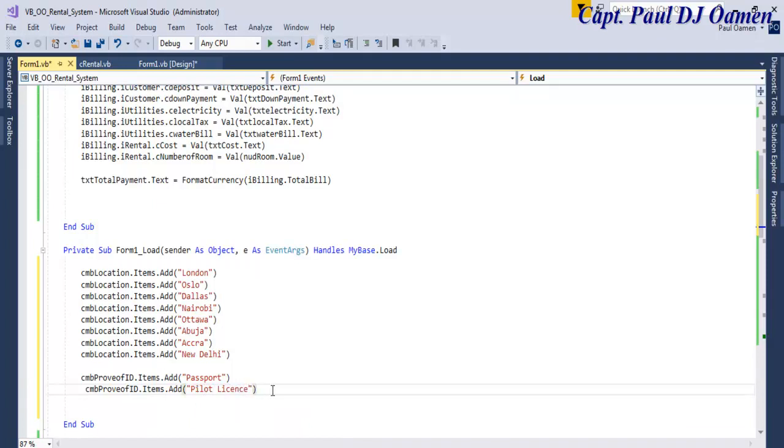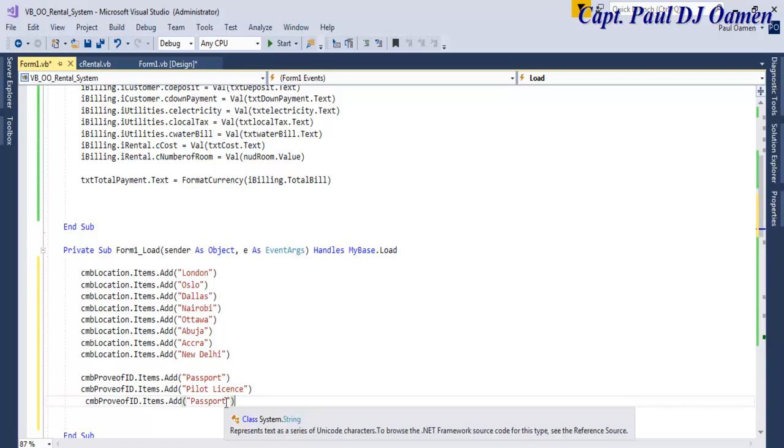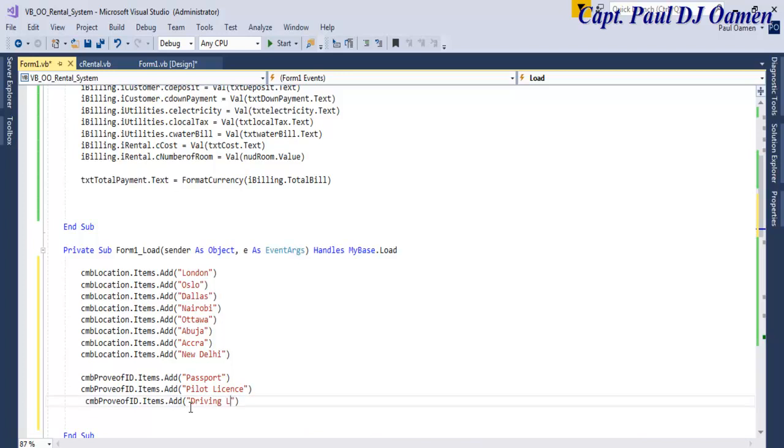And what other form of identification? Driving license. Yeah, any other form of identification that we can think of. Let's see, student ID. Student ID, that's it. So if I run the system now,